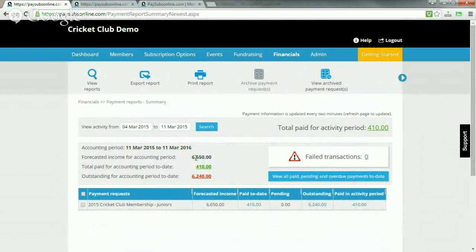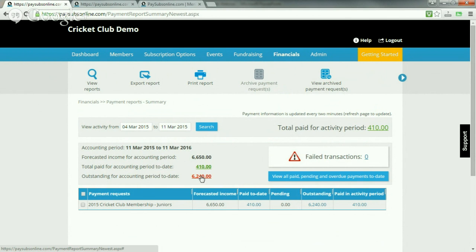What the system does is calculate what is going to be due within the next 12 months and give us that figure. We can see what's been paid for the club, so £410 has been paid, and we can see what's outstanding for the club. And then you'll have a breakdown here in the table. Here you'll have all your different membership categories listed out, and it will give you those figures for each membership category.